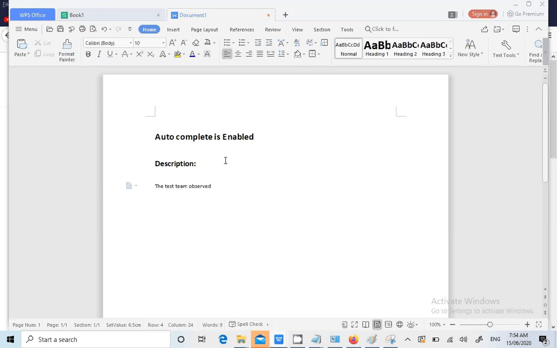The test team looks appropriate. Autocomplete is enabled for input fields in the application.